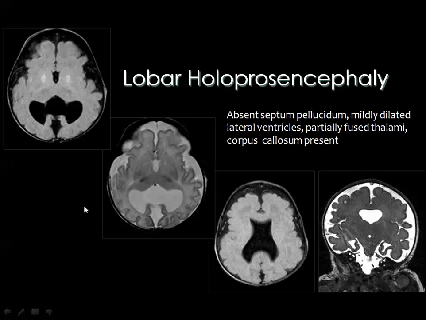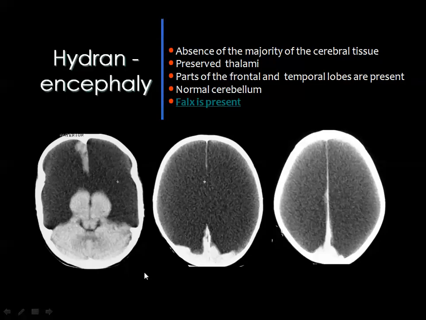Then this is also a lobar type holoprosencephaly. In the coronal image, you cannot see the septum pellucidum, and you see the box-like configuration of the frontal horns. Then we came to the second type, which is hydranencephaly, and in this disease, there is absence of most of